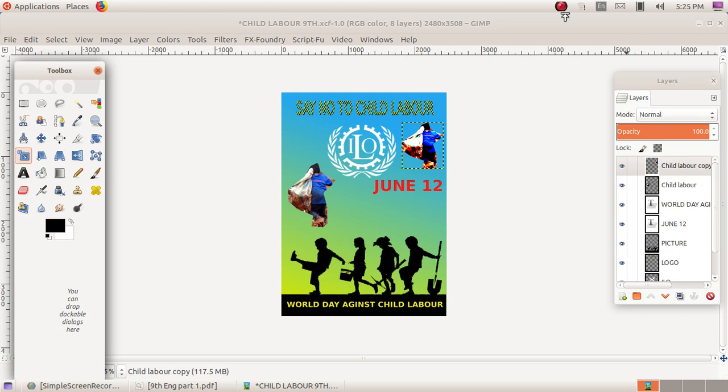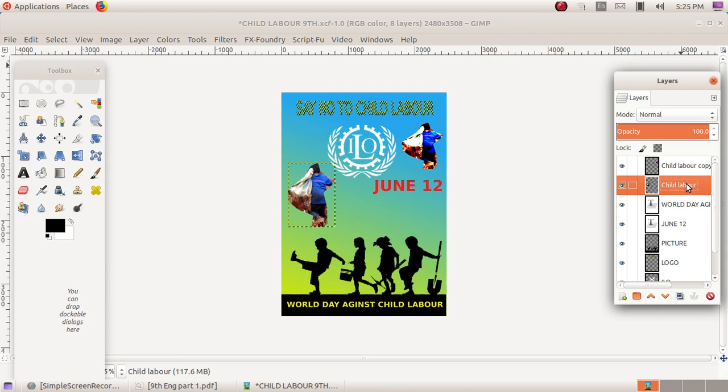Let's move on to another section, the filter tool. Filter tool means blur tool. In the Filters menu, blur tool, first select a particular layer. Here we can select the child labor layer. Select the layer which includes the picture that you want to blur.